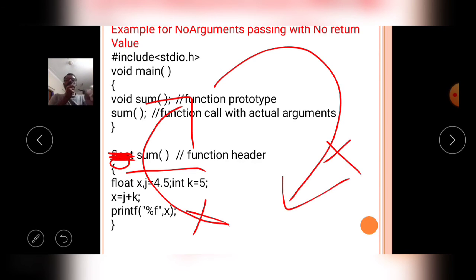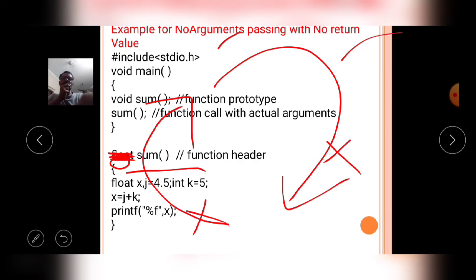Like that, the program is executed by the compiler. The sum function belongs to user defined functions. This user defined function is in the form of no argument passing with no return value. Simply, the execution is like this.